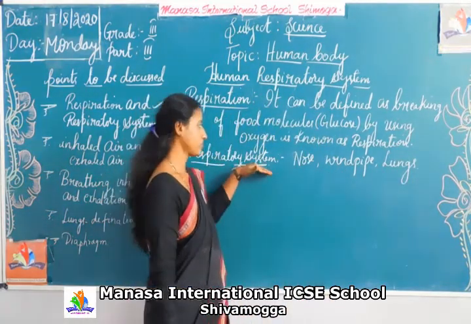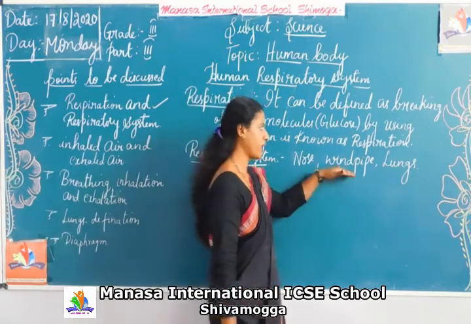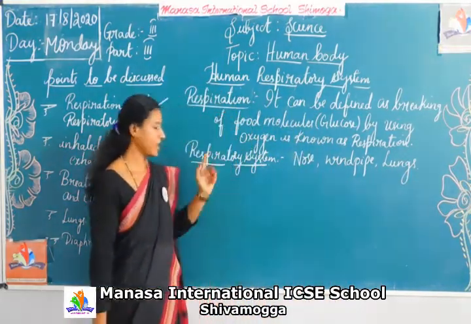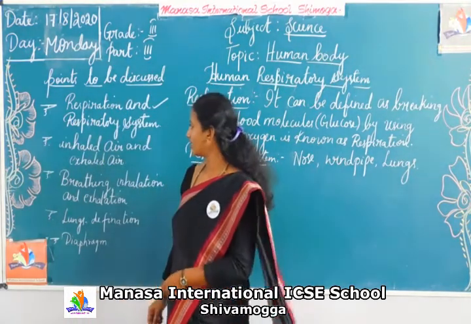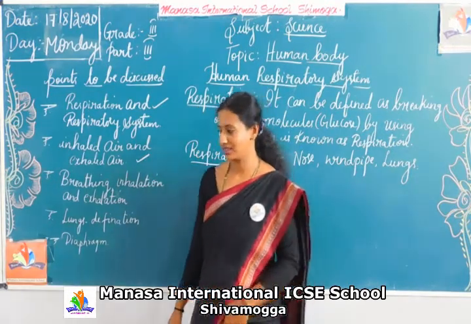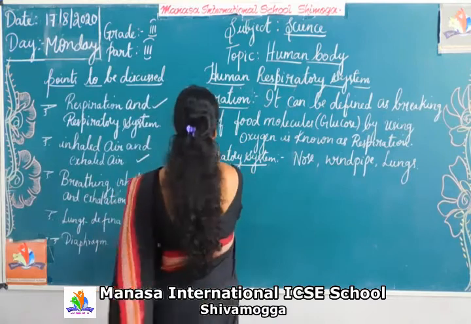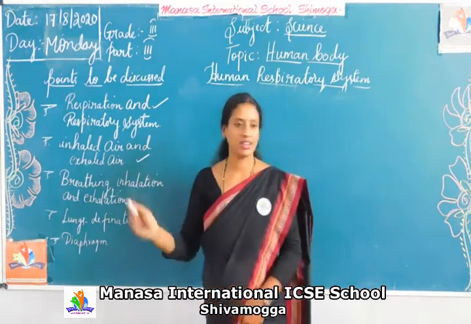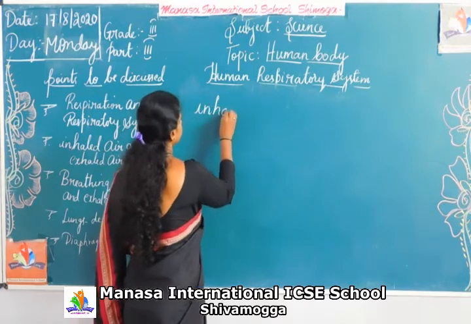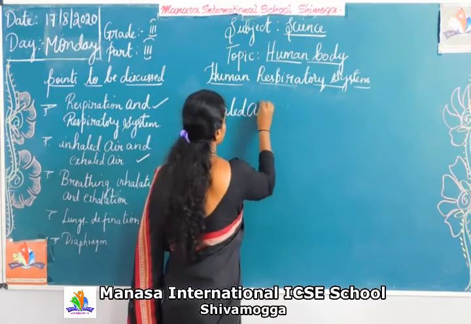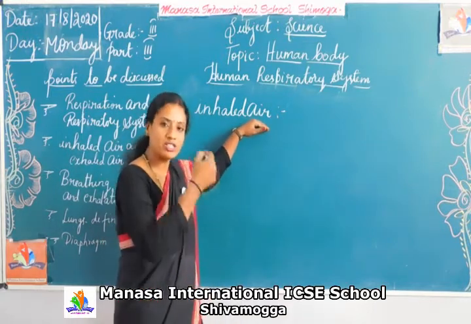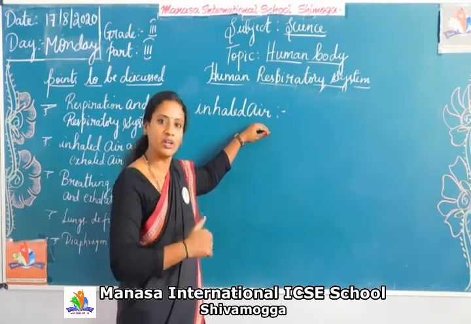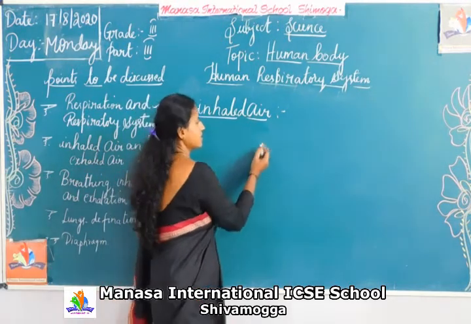So what is the respiratory system? What are all the organs involved? Nose, windpipe and lungs. Is it clear now? We discussed respiration and the respiratory system. So let us study the next, what is inhaled air and exhaled air. So inhaled air. When the air enters into the nose, it is a mixture of gases, a mixture of different gases. So what we can define as inhaled air is the air